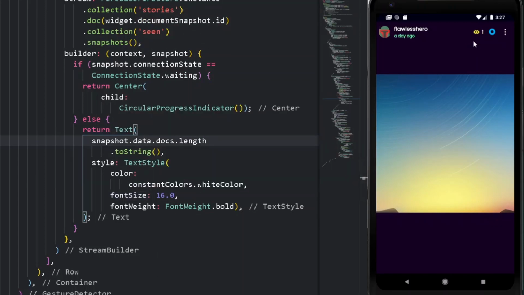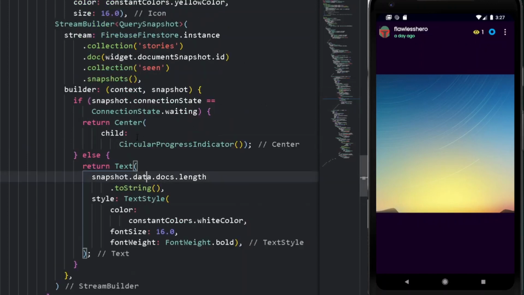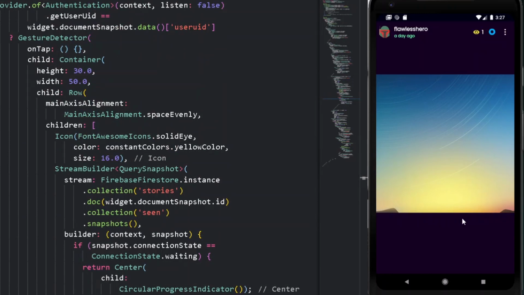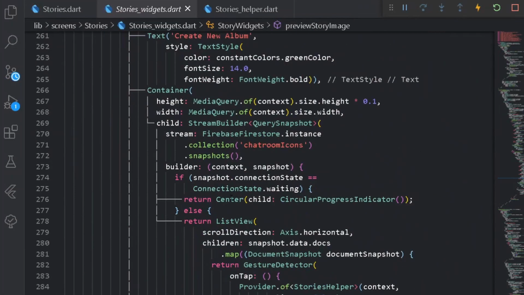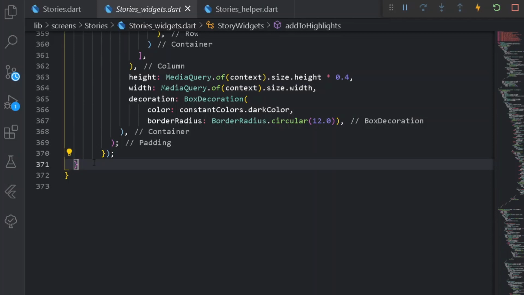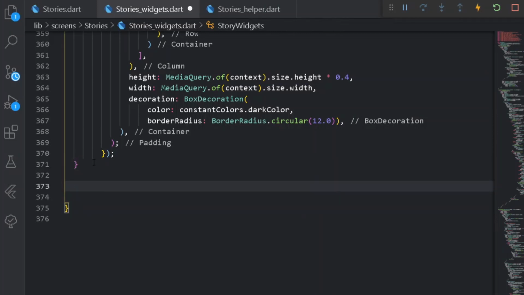Did you see that we have our counter to be 1 because a new user has seen our following story. So now what we can really do is, after long pressing over this entire JSON director, we should be showing the user a small sheet from the bottom for having data of all the users who have seen the following story. So for making that thing happen, we can go under our story widgets and create a new bottom sheet at the bottom. Okay, at the bottom. So here I will be creating one more sheet for showing us all of the data of the user who has seen the following story.